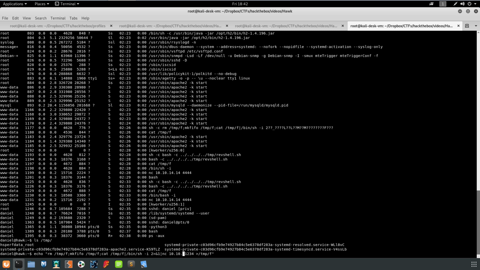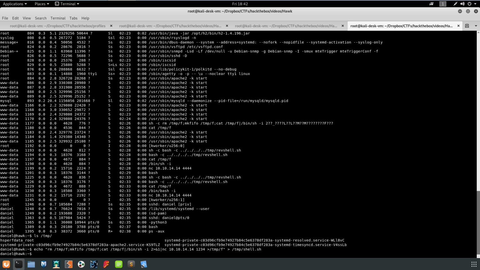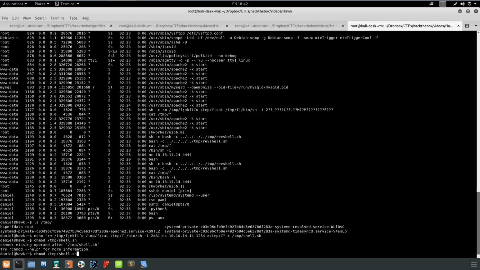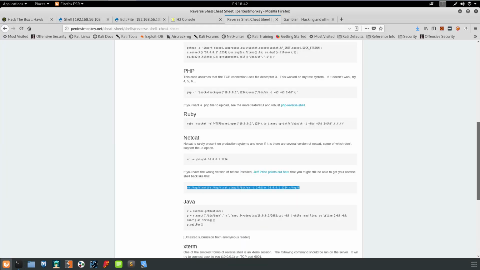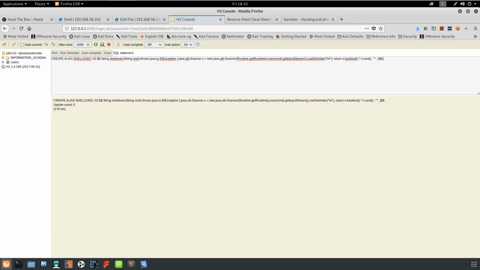We'll leave it as 1, 2, 3, 4, 10, 10, 10, or sorry, 10, 10, 14, 14. And we'll echo that to temp shell.sh, chmod temp shell.sh, chmod plus x. So now that's executable. And so now what we should be able to do on our console here is call